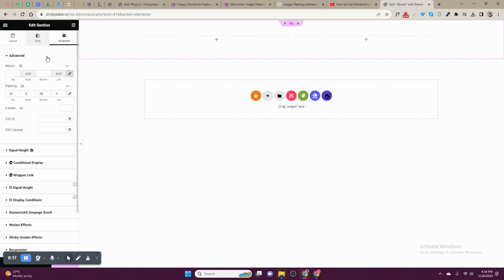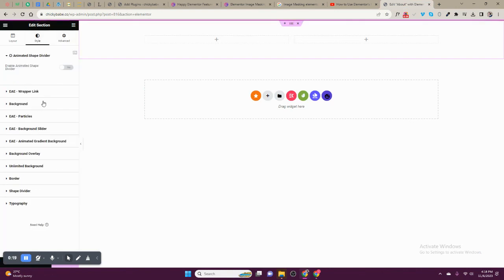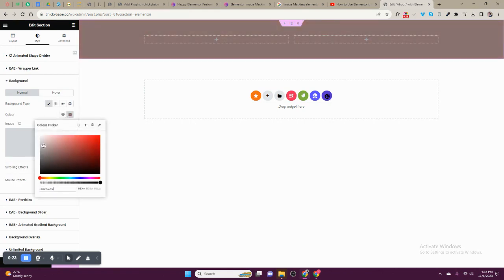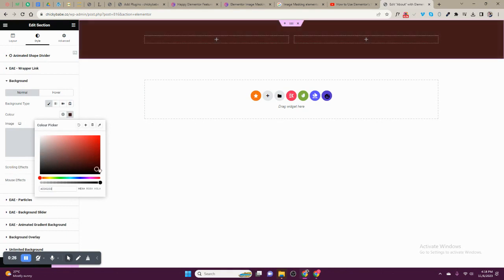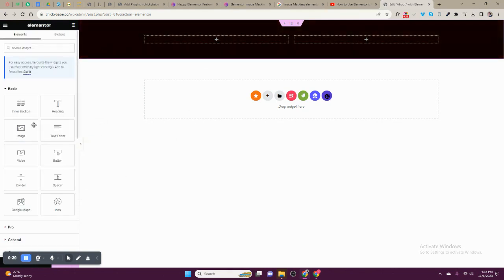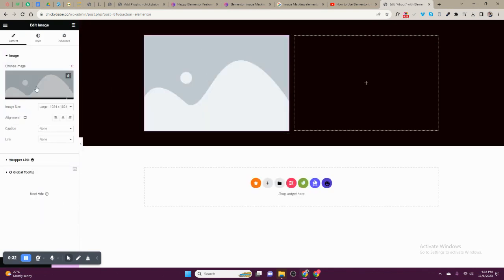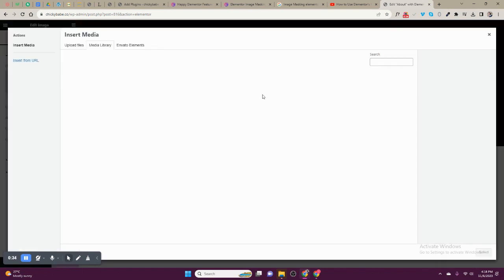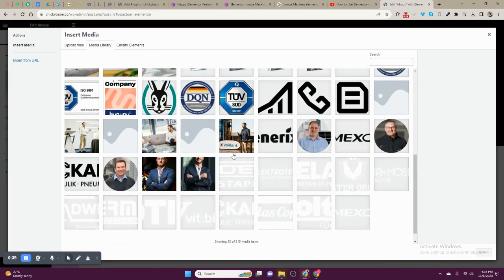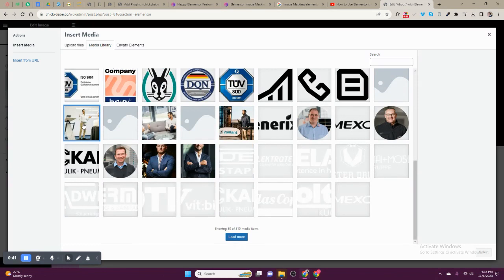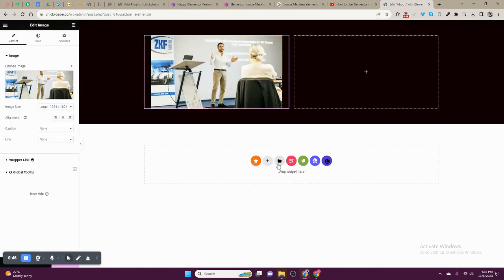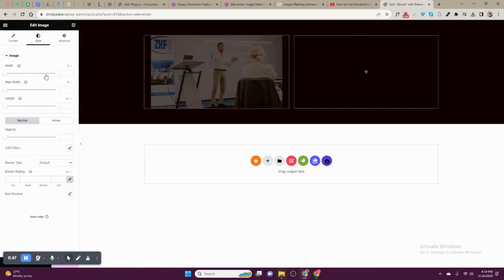First of all, for me, I can make a background a bit black or any color I feel like that. Then I can add an image widget. After adding an image widget, go in and select an image you need to mask. For example, I may need to mask this one. Select it, make it full width,